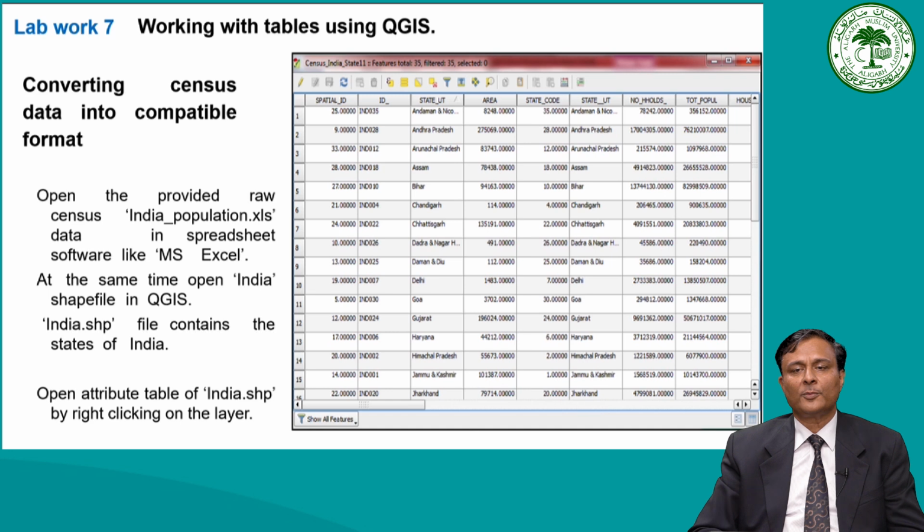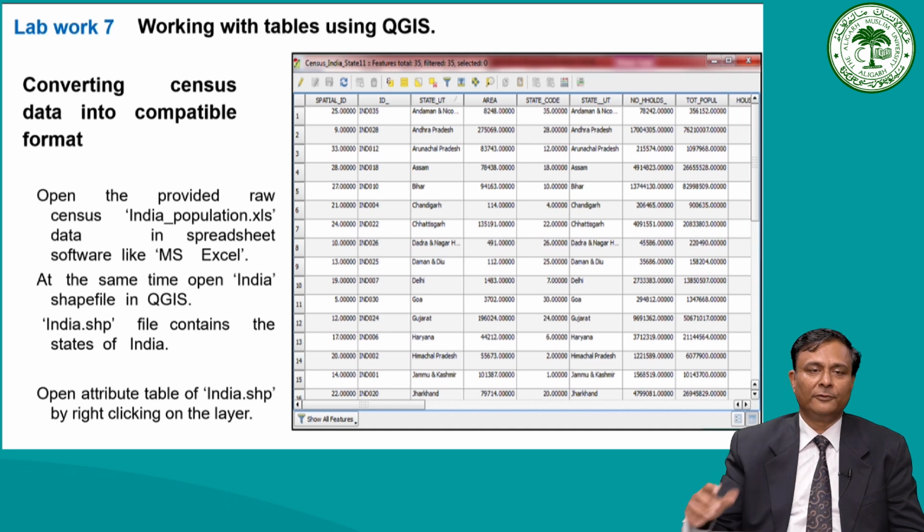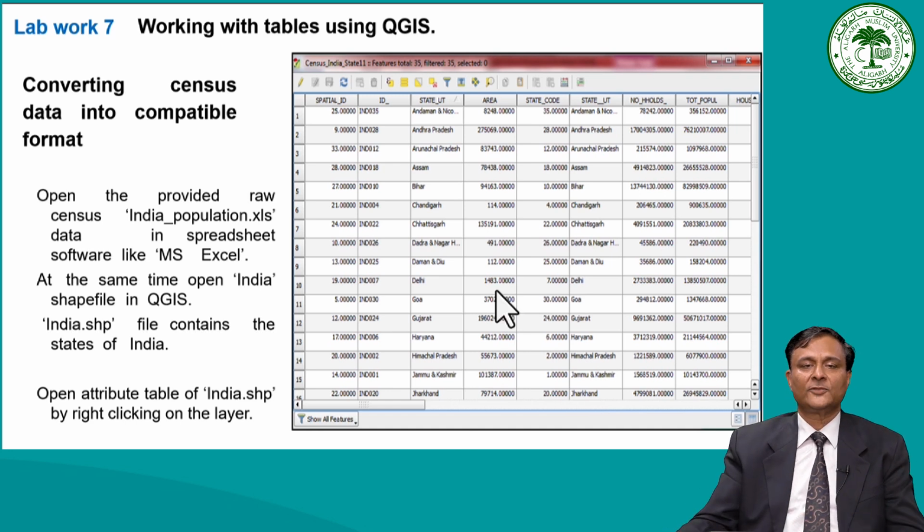Now in spatial information science, it is very common to use census data for analysis, as I am saying again and again. In this session, we will join census data which is in spreadsheet format with the attribute table of a shapefile for analysis. So that is what we would be doing here. That is being represented in this table also. This is the objective of